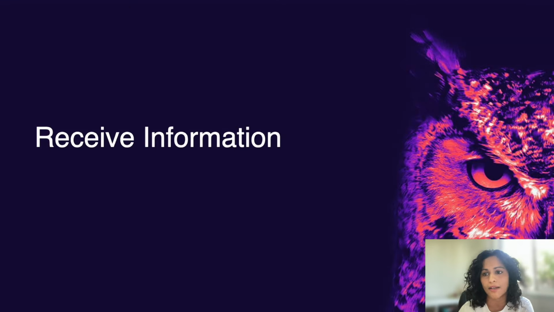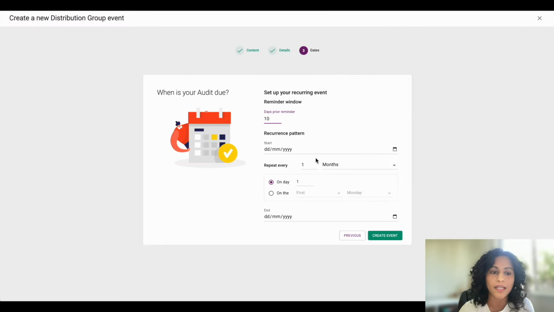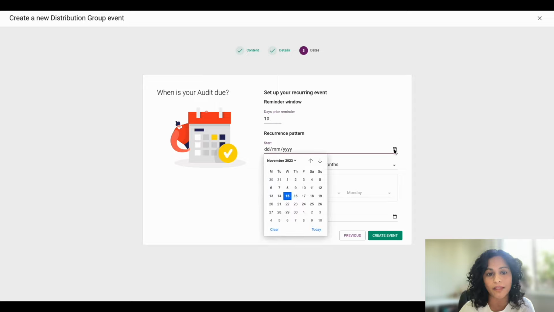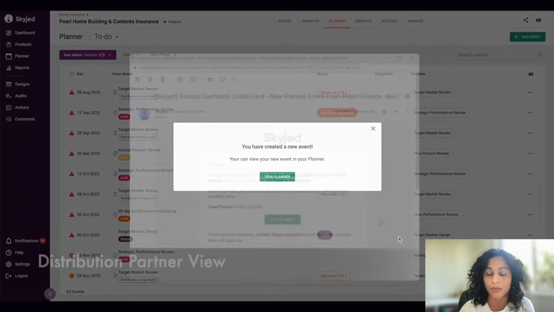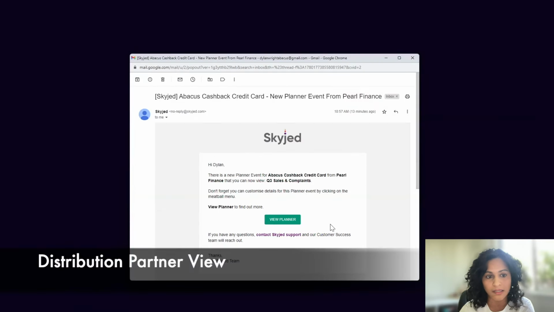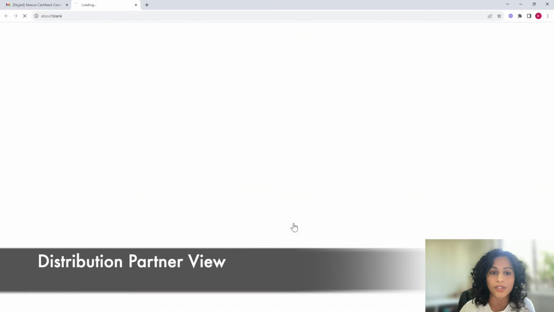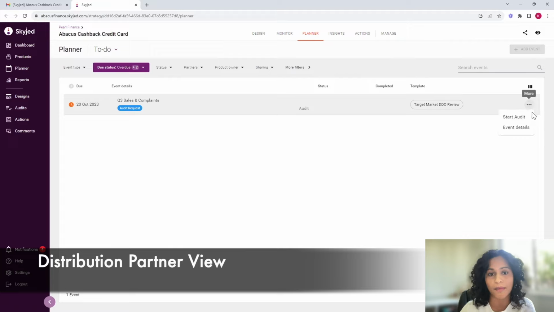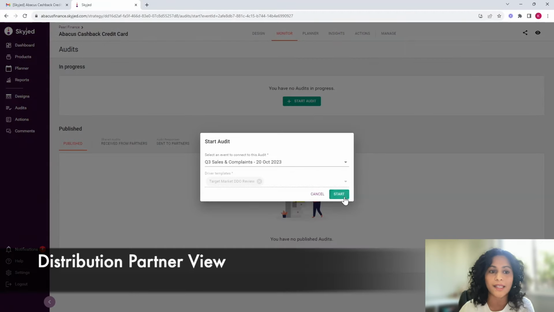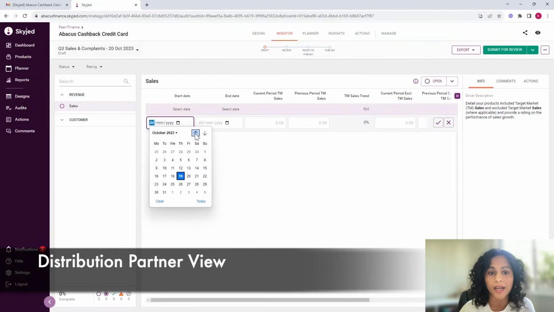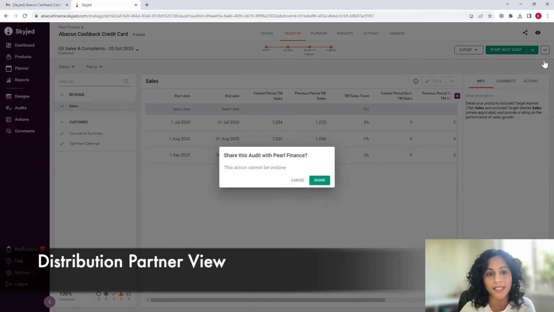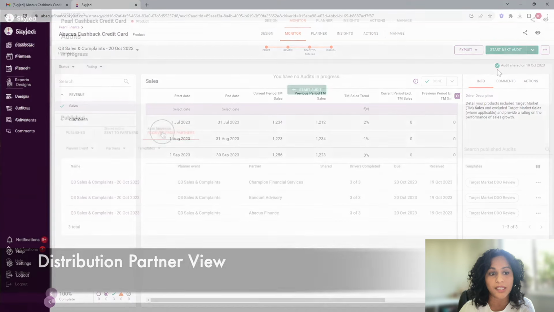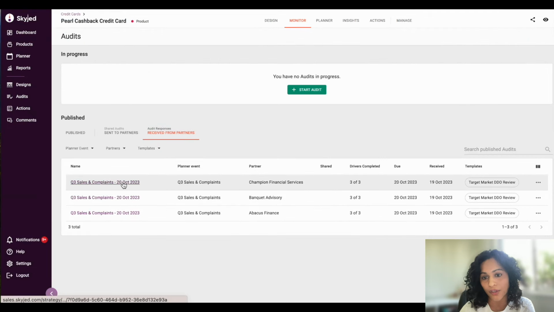And now just to showcase how organizations receive information from your distribution partners. With our Connect module, our clients are pre-configuring their regular review cadence, and when they want to receive this data collection, be it weekly, monthly, you set your cadence. The distribution partner will receive a notification to provide the required information back to the organisation. And again, using a version of Skyjed, the partner can begin to populate the required information. In this structure, the product data is consistently fed back to the organisation, and sharing back this info takes minutes,